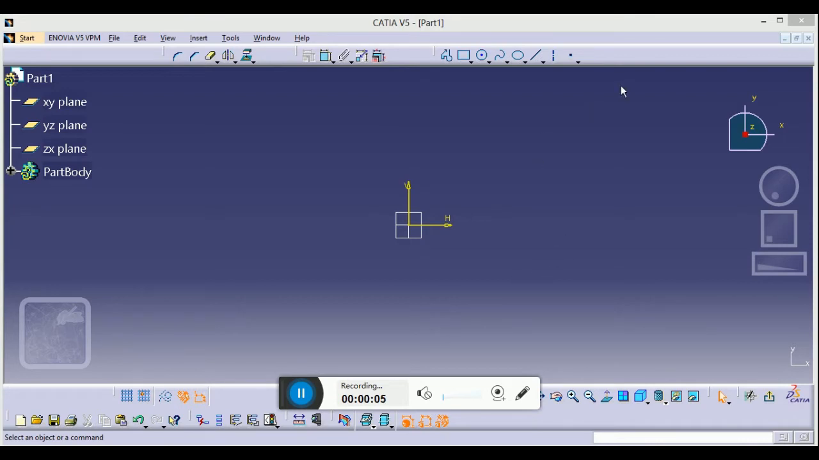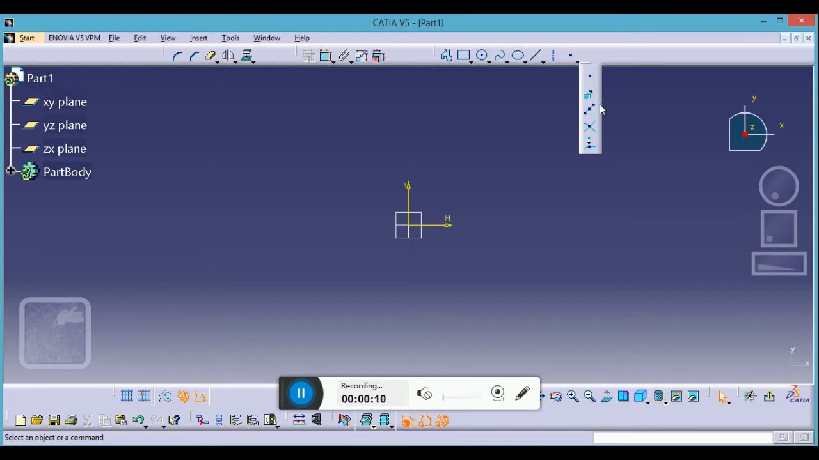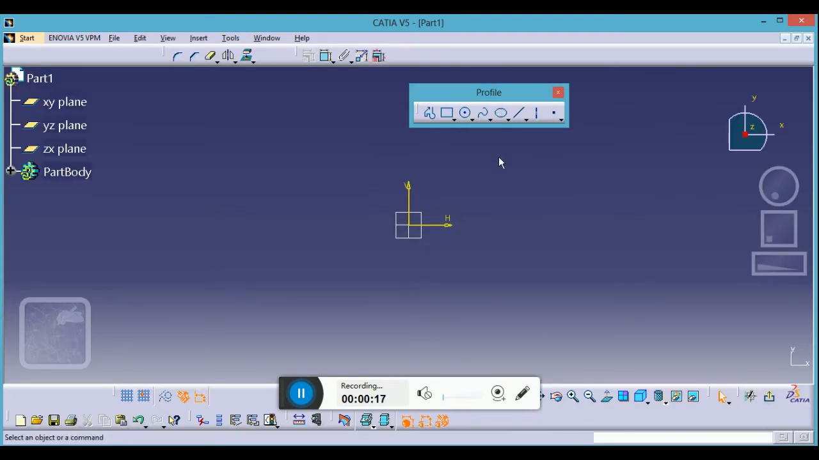Today we will be learning the point command. So this is the point command in the 2D module. With this command today we will be completing your profile operation, and if you haven't gone through the previous